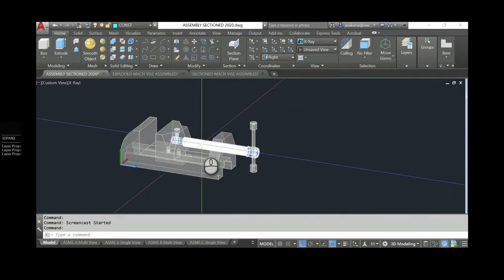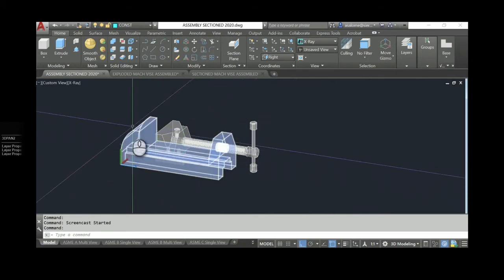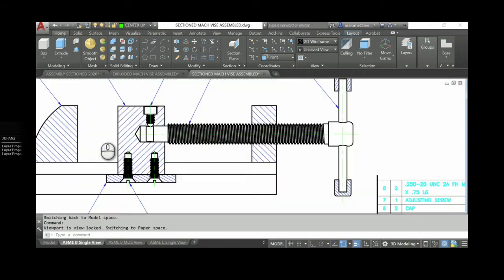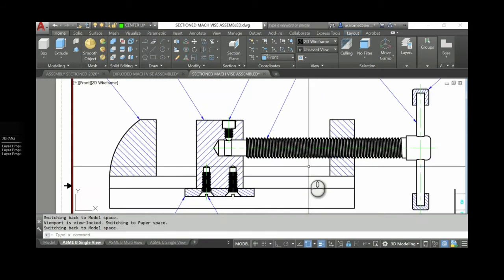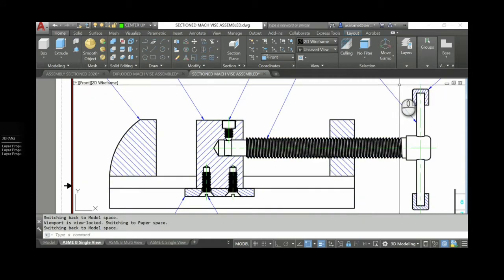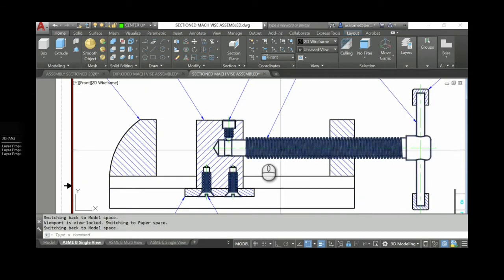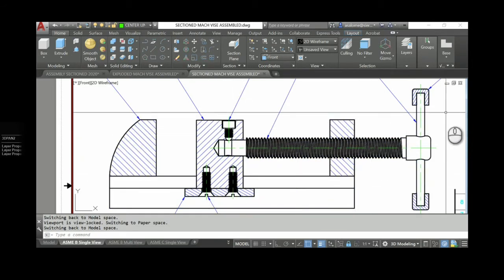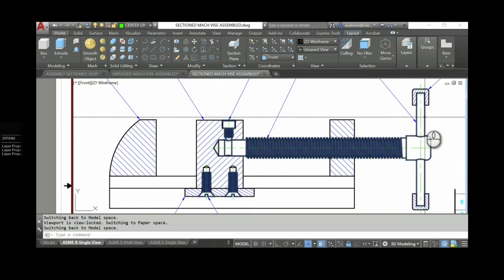So my fasteners here are not going to get sectioned while the body and the jaw and so forth are. Let's go look at that again. So if we look here, you'll see that the solid components, the bottom plate, the body, the jaw, the caps, those are all getting sectioned through, but these middle rotational components, which are mostly fasteners, we have 1, 2, 3, 4 fasteners, and then we've got the handle.